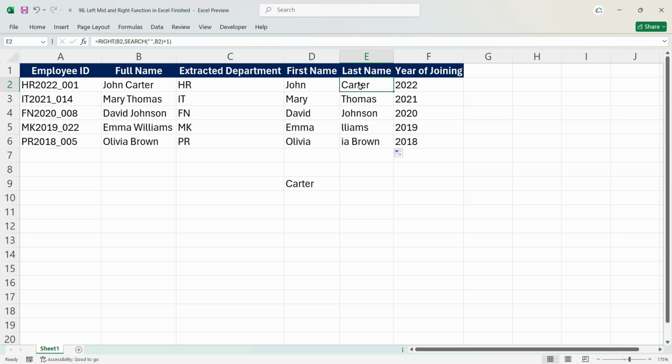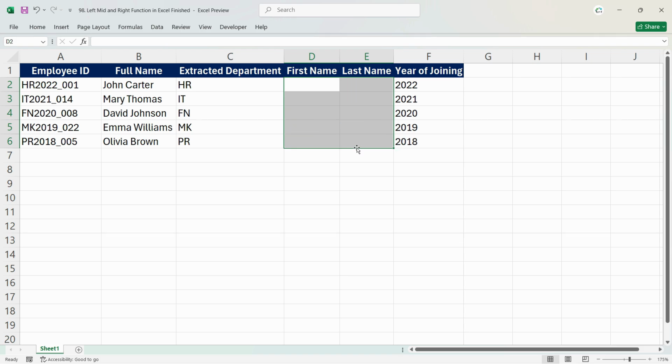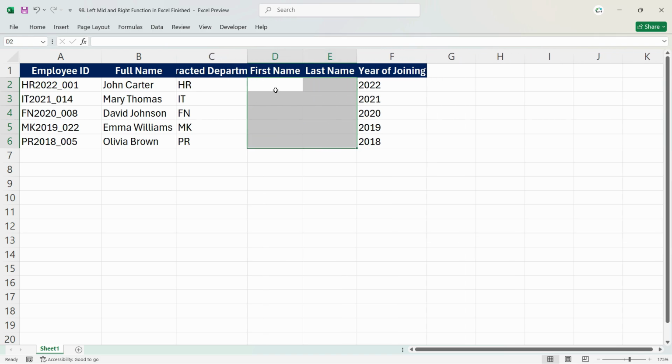But here the problem is different. We have different length of characters for each. So it won't be able to read it. So in these cases, we will use a formula like this where we will use the len function, find function, and write function, but that's a bit complex for us at this moment. And also in these kind of scenarios, it's not very handy to use these formulas because we have other solutions